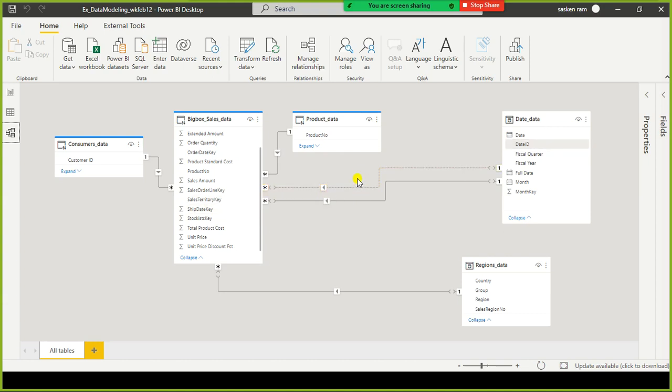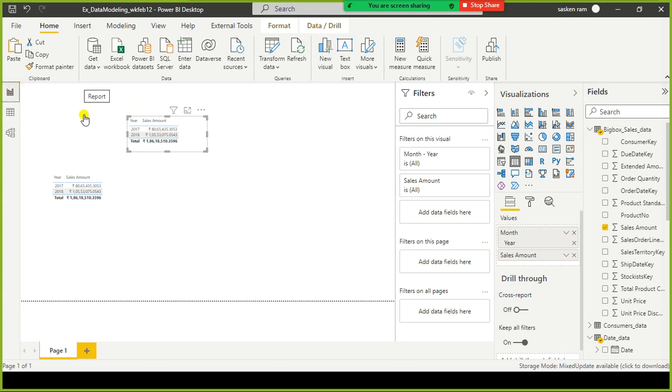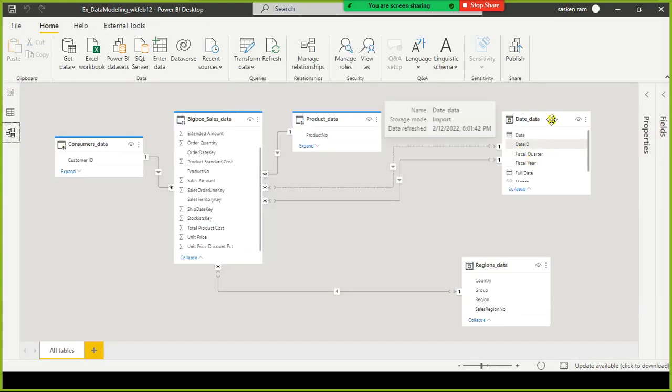There are two ways we can treat this. We can enable the inactive relationship temporarily using a DAX function. Another way is we can create something called a role playing dimension. What do you mean by role playing dimension? What I am going to do is copy and paste this same table. Instead of doing it here, in the model,